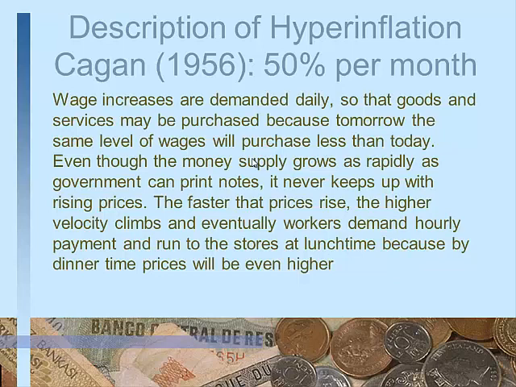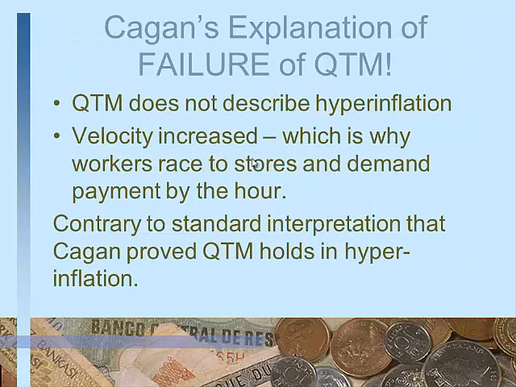So he said these things: wage increases happen because inflation is so fast, and he defined hyperinflation as 50% per month or more. So that every day you demand your wages, and then you go out at lunch to buy your food, because by the evening the prices will be higher. So this is what he said.